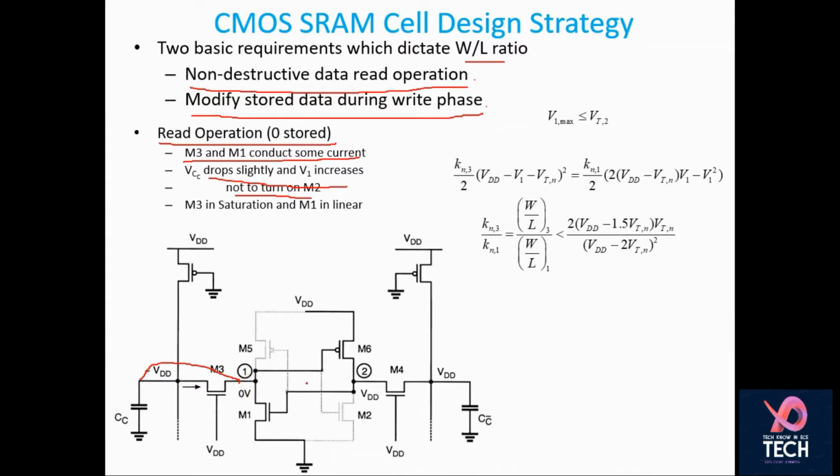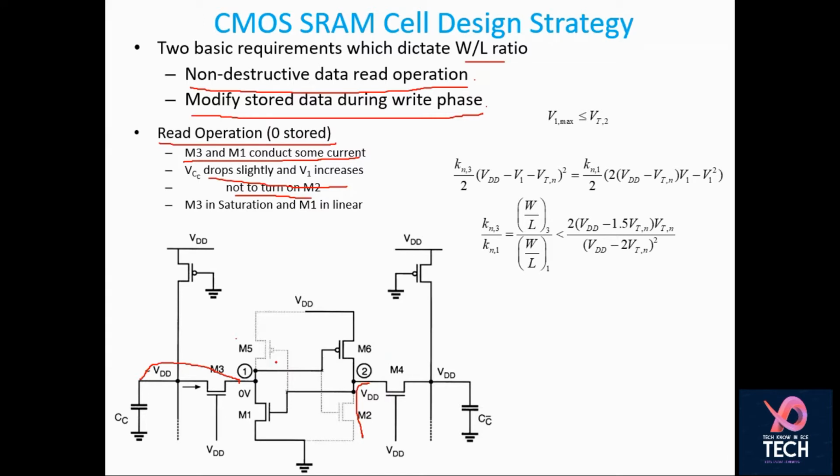And if this becomes 1, then this is actually acting as input for this. So if this voltage increases beyond the threshold voltage of M2, M2 turns on and thus this particular transistor is on. And what happens in that case? There is a connection between VDD and this node, and this one becomes 0. They occur in opposites: if this is 1, this is 0; if this is 0, this is 1. So that is how the contents will be changed.